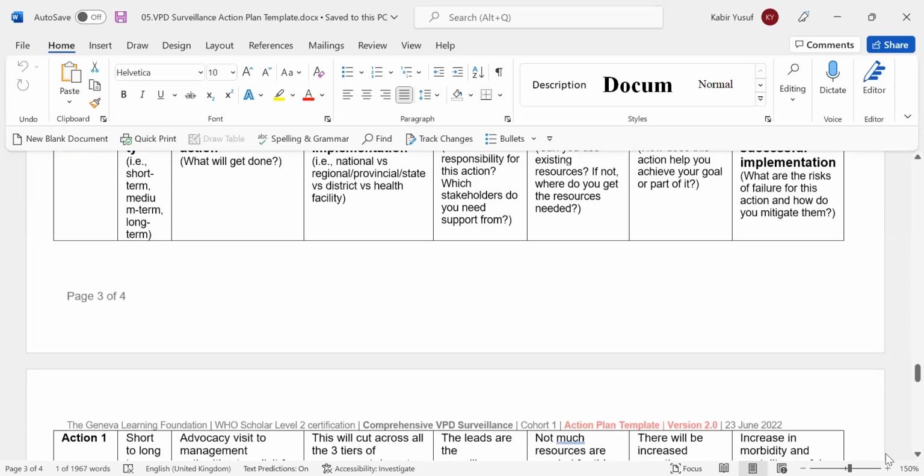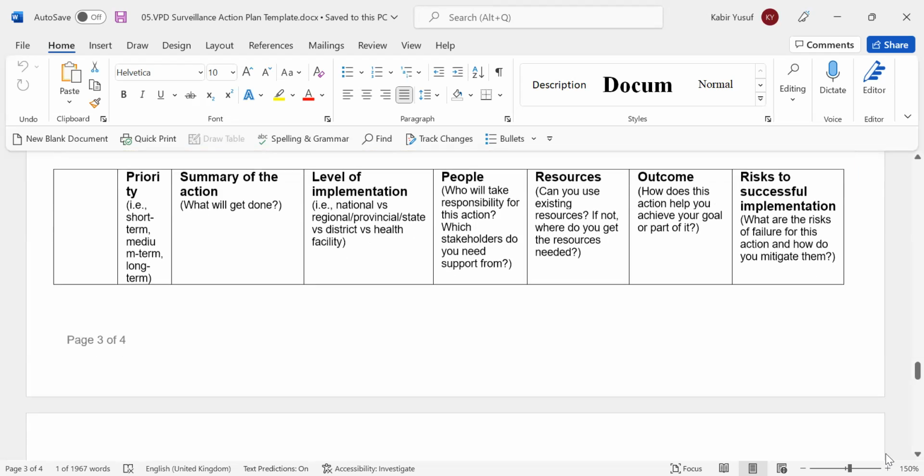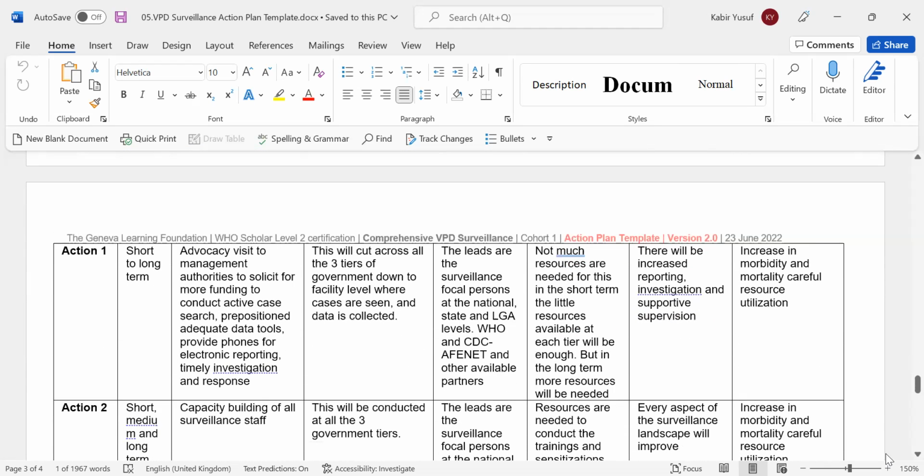Now, the people who are responsible are the surveillance focal persons at the national, state, and LGA, WHO, CDC, and other partners that are available. And their resources, not much resources are needed for this in the short term. The little resources available at each tier will be enough. But in the long term, more resources will be needed.